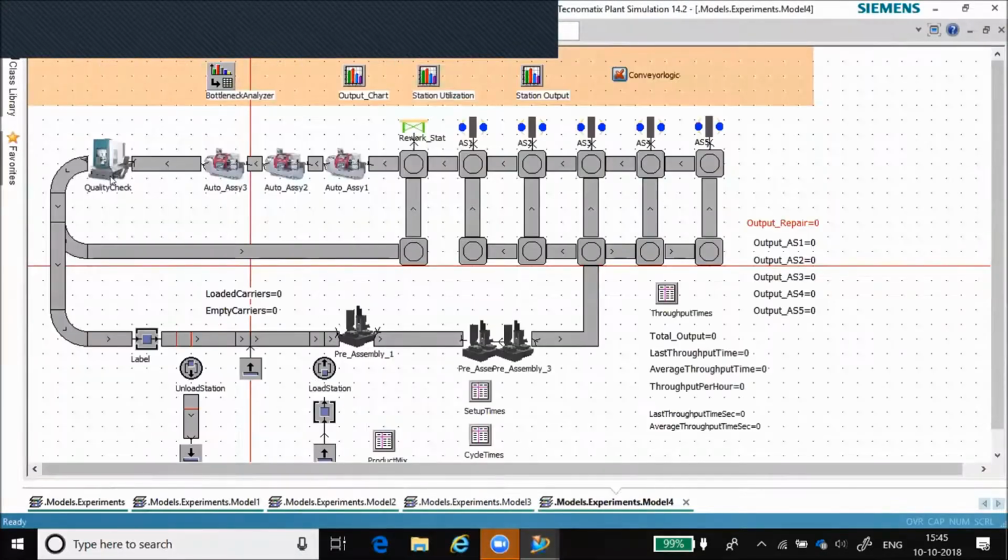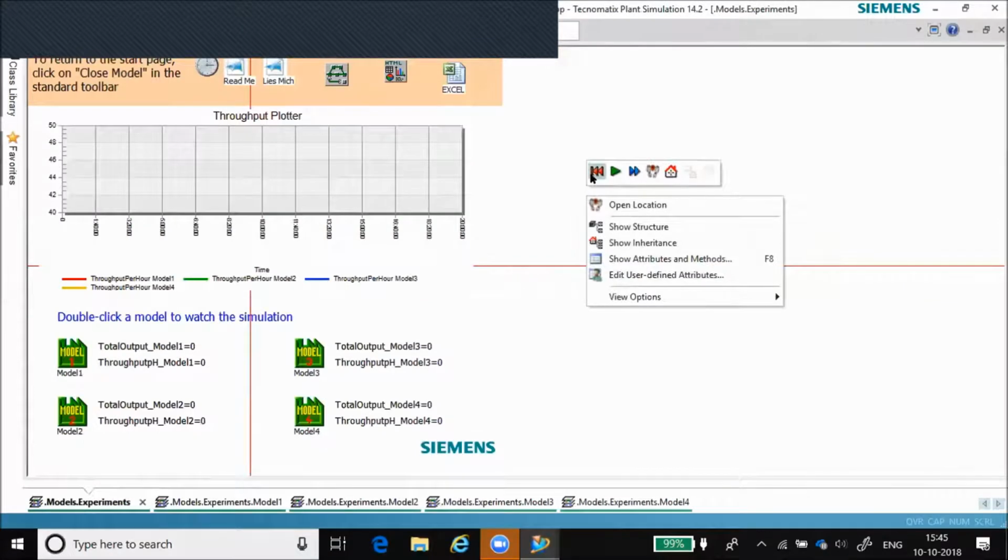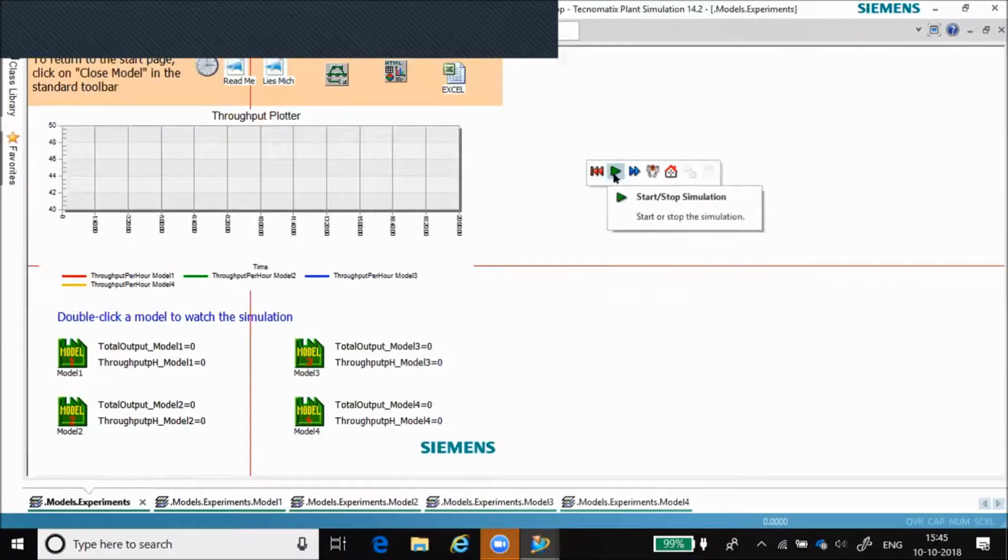In this particular model, between 3 and 4, you can see the distance from auto assembly to the quality check has been increased. This is model 3 over here, and model 4 is over here. So we are providing a little buffer for the quality check. Now if I run this simulation, I want to see the performance of all the 4